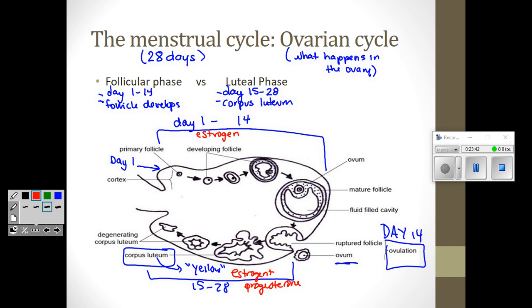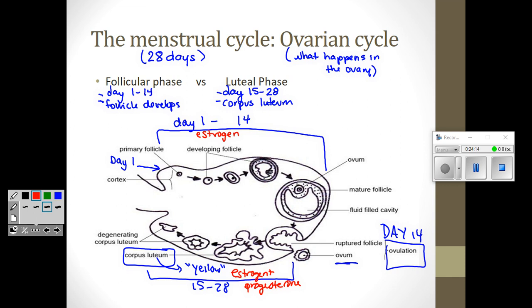Now, does anyone want to ask any questions about this diagram? So if we could just make the link between what's happening in the ovary and those hormones. I said that estrogen does more than one thing. Here, estrogen production isn't the same the whole time. As the follicle gets bigger, more and more estrogen gets produced.